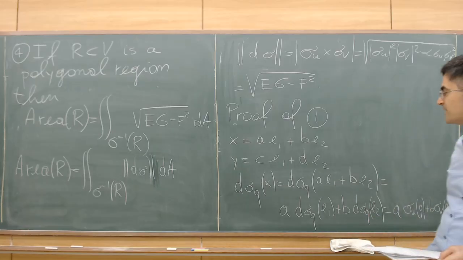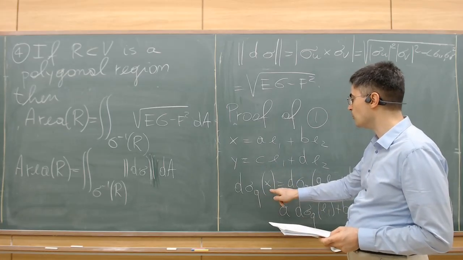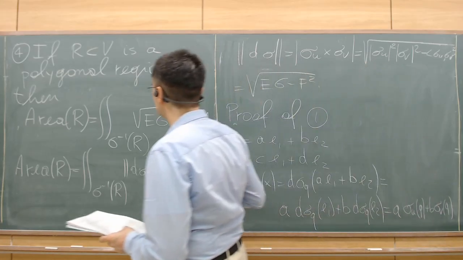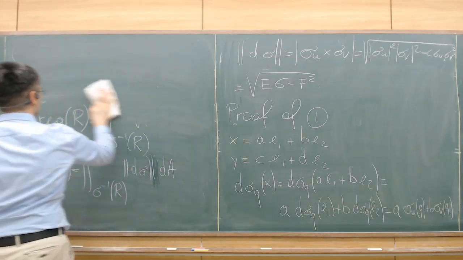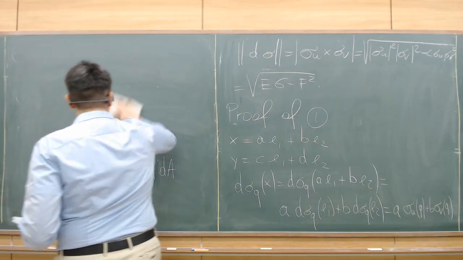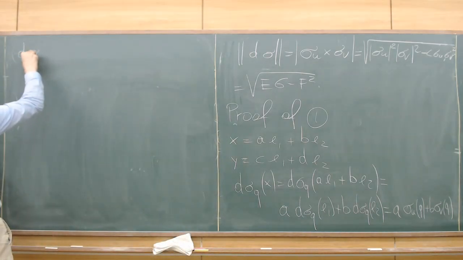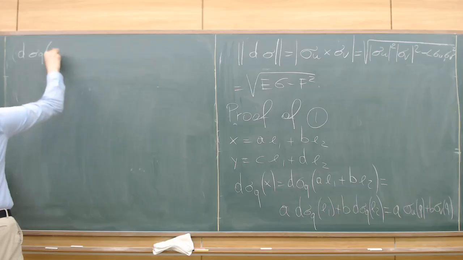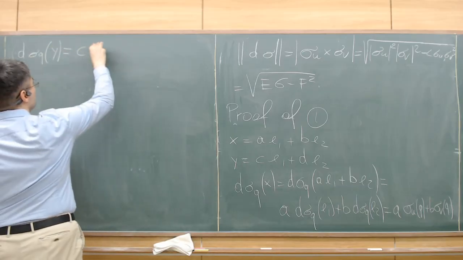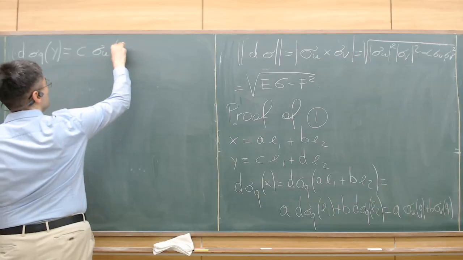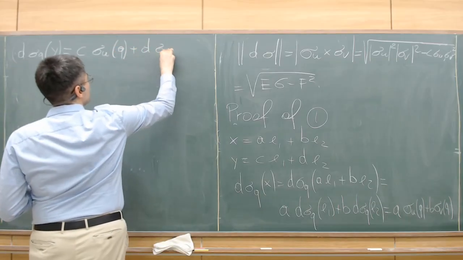A similar result holds true for d sigma q y. So d sigma q y is equal to c sigma u q plus d sigma v q,